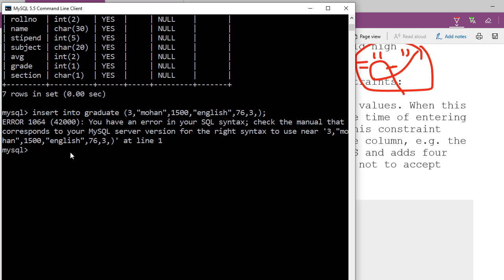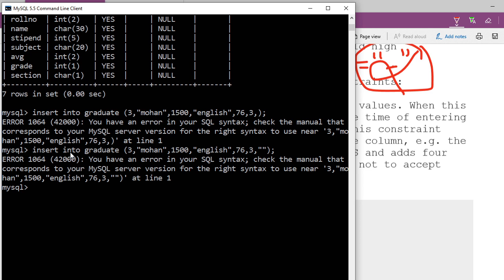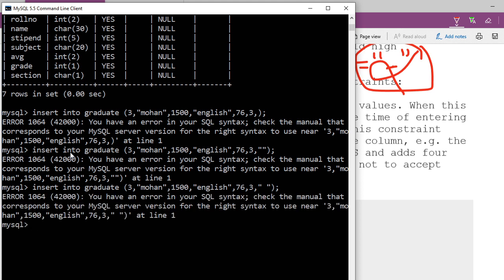Okay, now I'm going to try it next time. Now see, I'm typing again here insert into graduate values, this one. Now somebody told me empty, is it? So what is that? I'm writing here double quote, this means empty. Yes. Okay, sure. So I'm going to press enter key, just check it out here. Okay, you just see this empty is also not taking, but now third I am going to put here same thing, one space I'm giving. Got it? So I'm going to press enter key.